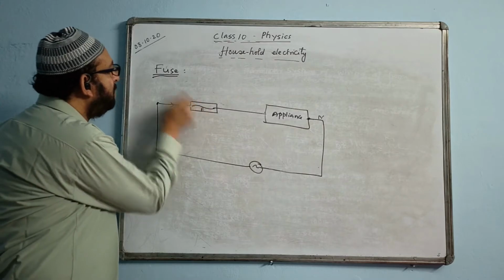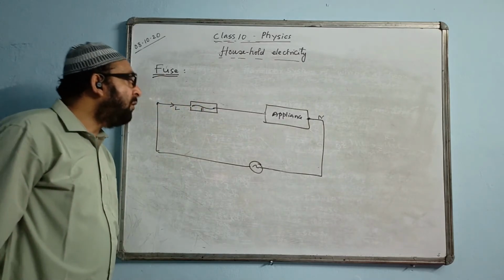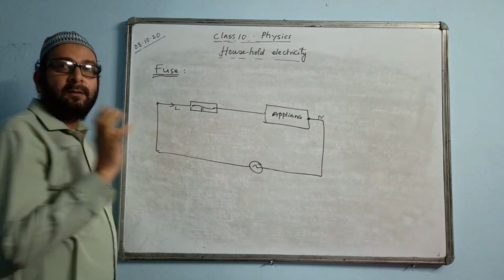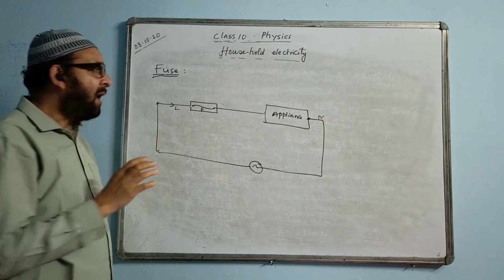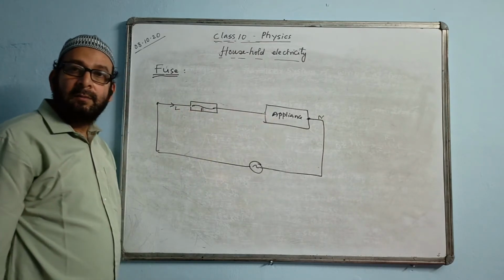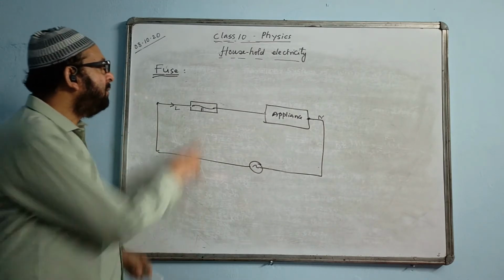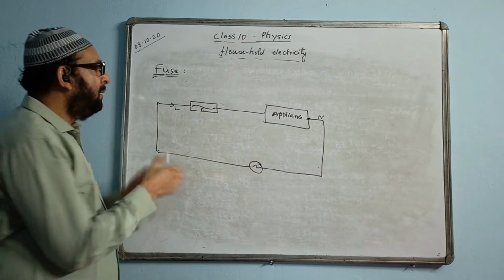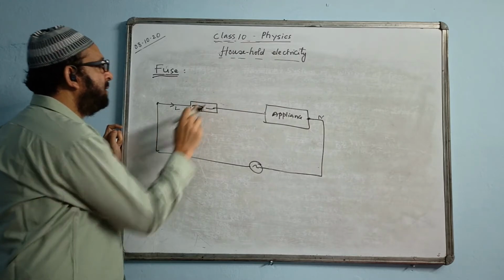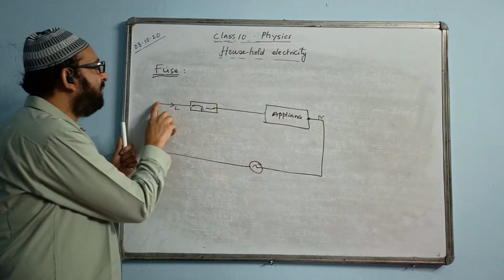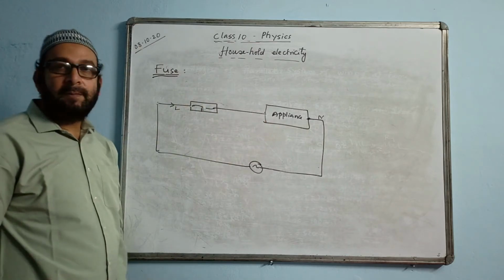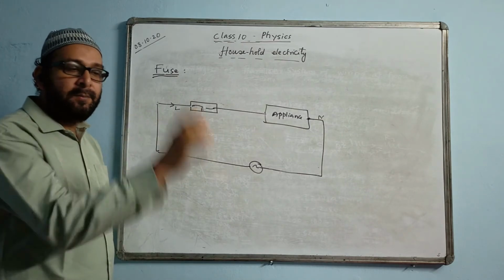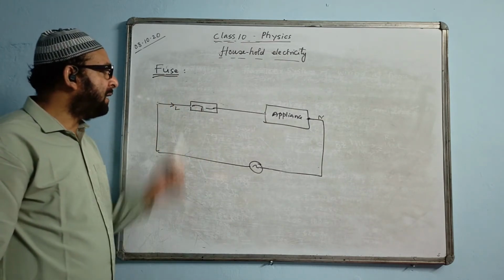Inside there is a thin wire that is called the fuse. What is the role of the fuse? The role of the fuse is, when the live current becomes higher than what is required for the appliance, higher than that value, then this fuse will become heated up and will melt. The fuse will melt, will break like this. The live current stops here only within the fuse, cannot go to the appliance. Then damage to the appliance is prevented. So that is what exactly happens.